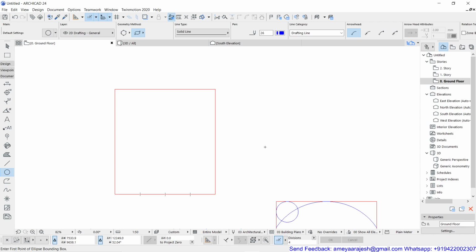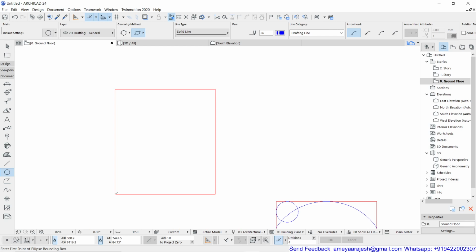Then you will see, is it mandatory that I should have a rectangle as a base for drafting this ellipse? No, not at all. You can directly click on the empty part of your drawing and you can start putting the required values. Just to understand the logic and to get a better explanation, I'm using this particular rectangle as a base or a bounding box for this ellipse.